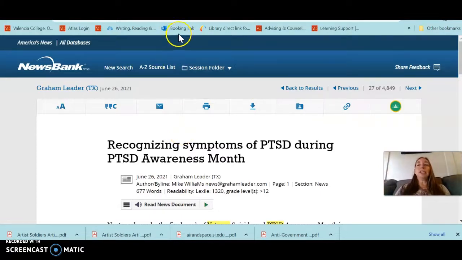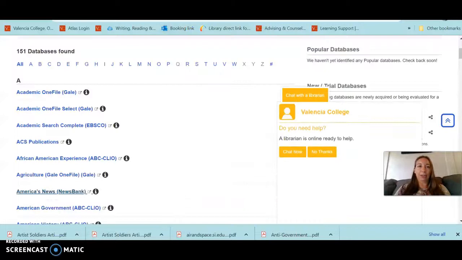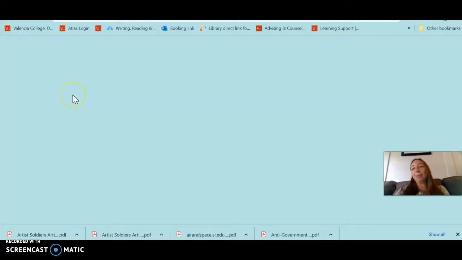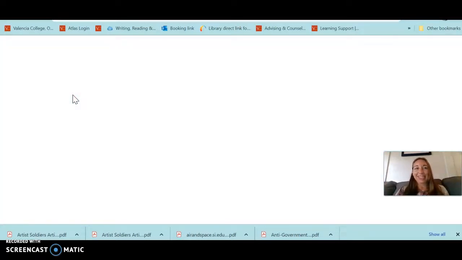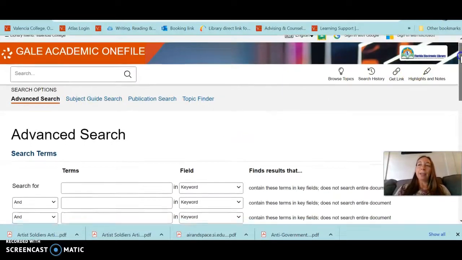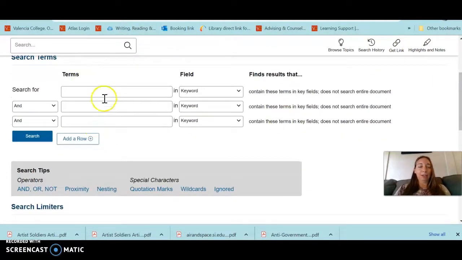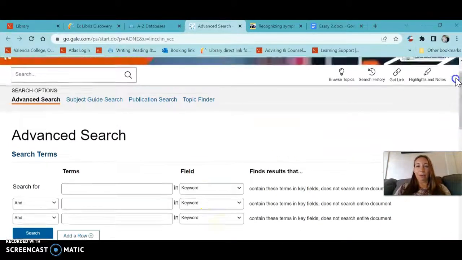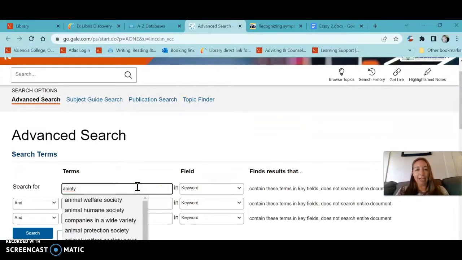I do want to share these tips and tricks with you on how to do database searches because it's really important to not get frustrated. It might take you a while to find the information you need in a combination of words. And every database has different options. So like this is Academic OneFile. They already give you the 3 fields and keyword search. Notice that it's already got full text marked. And if I were to put these 3 things in here again,